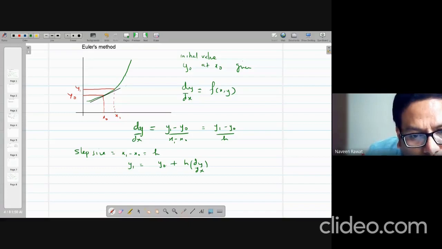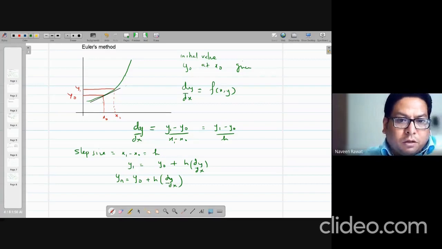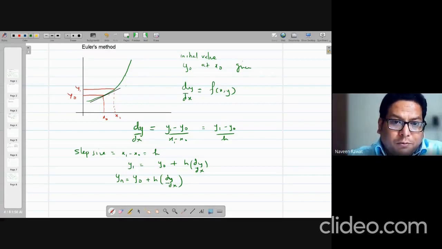So that is my actual equation: yn is just y0 plus h times dy by dx. That is what I'm doing when I use this step size to move tangentially and replicate whatever function I have with Euler's method.